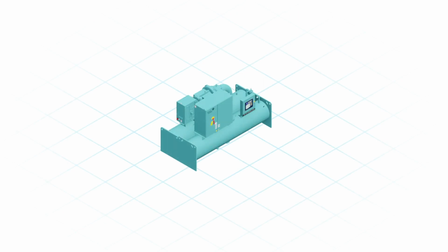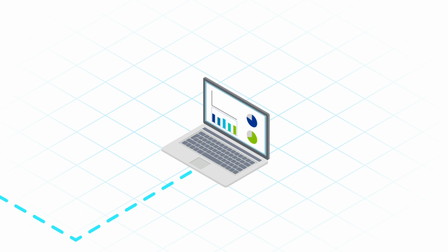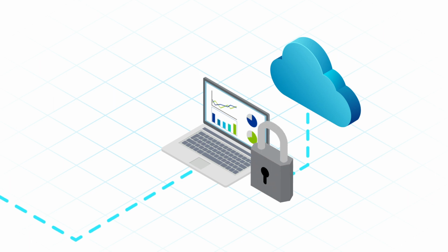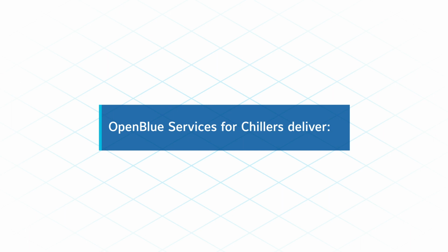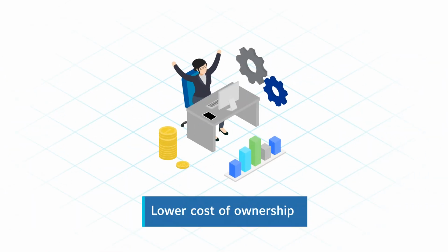The data from all of your chillers can be accessed with a powerful, user-friendly dashboard that gives you instant visibility into how your systems are performing. You can also rest assured that your data and privacy are protected with a cloud platform that meets the latest cybersecurity standards. The results? OpenBlue Services for Chillers deliver increased uptime and reliability, a lower total cost of ownership and